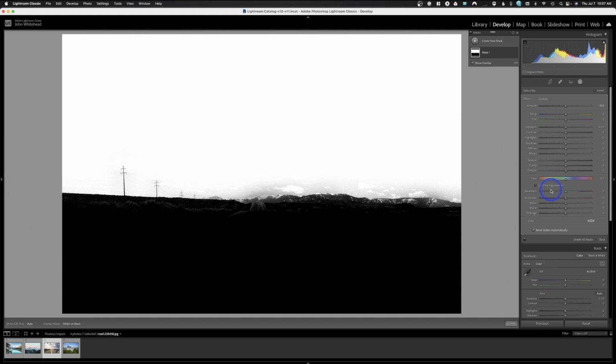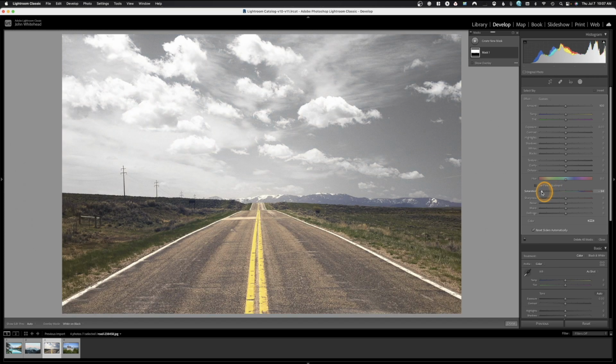So let's go ahead and take the saturation out, so it's going to make this almost completely black and white up here. Why? Because we've selected the sky and that's what we want to adjust. So let's go ahead and darken this a little bit so you can see. So we've got this new gray, dark sky. And at this point, there's been no change. There's nothing new. All right, so the first thing that we're going to take a look at, which is new,